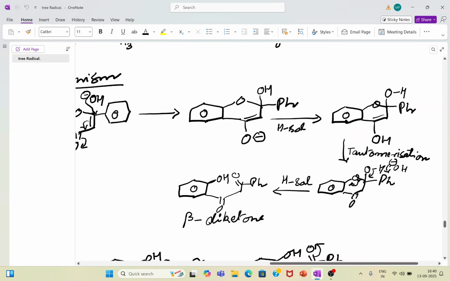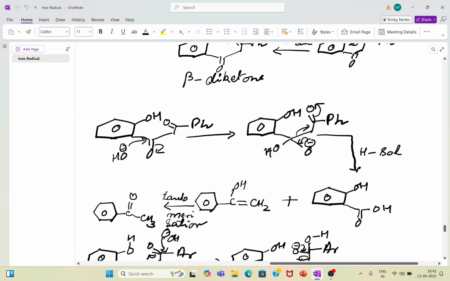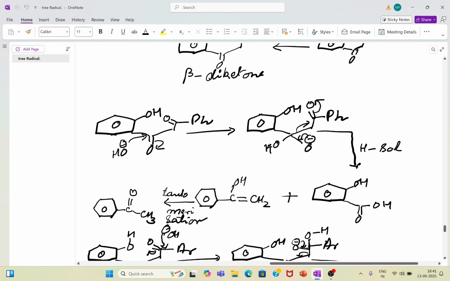And here, since we are dealing with drastic conditions and we are treating the molecule with concentrated KOH or KOH fusion, this undergoes further cleavage in this way. You see, these are the different ways, and you are getting one of the moieties, that is your orthohydroxybenzoic acid, and the second one is this one, that is your acetophenone. This is one way.